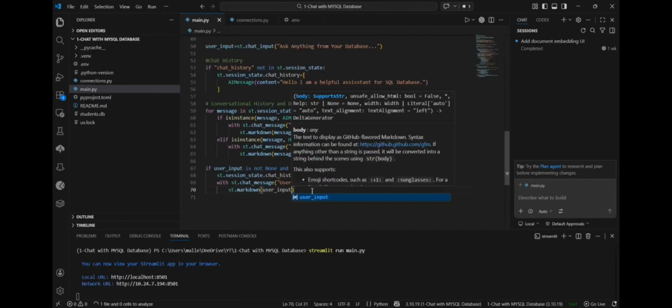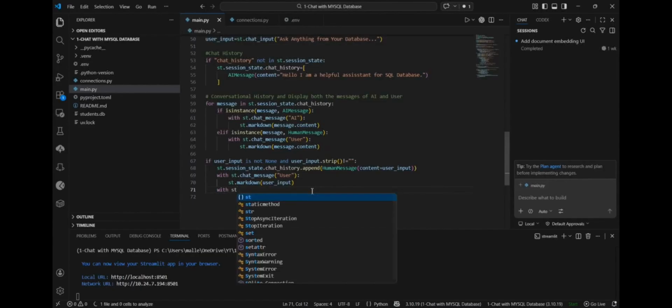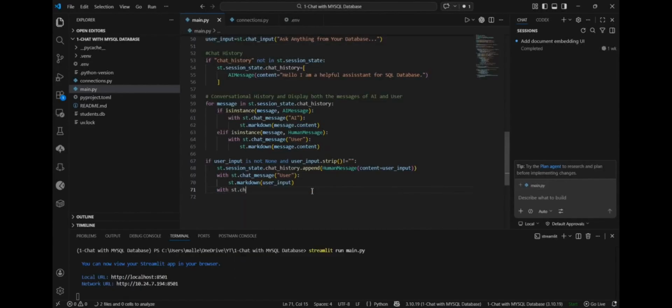So this shows the user message immediately. So that's it. And with st.chat_message, if it is from AI,